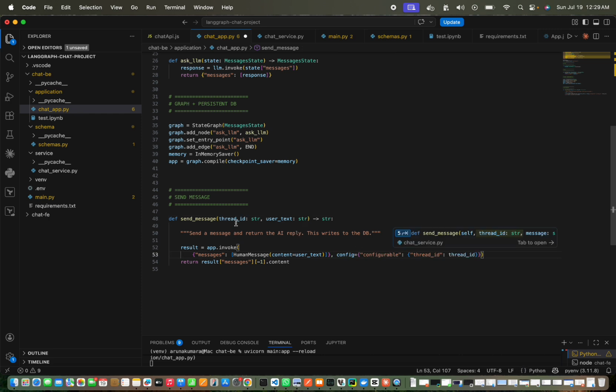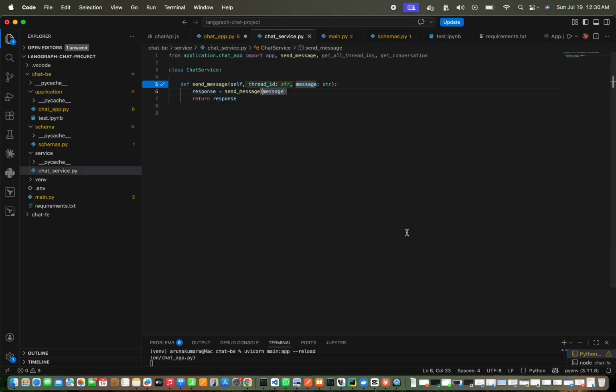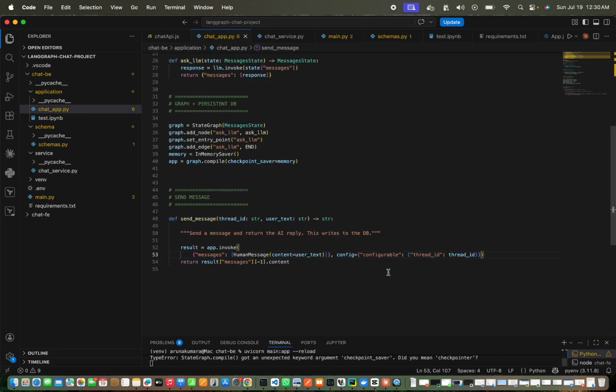This thread ID needs to be passed from the UI, and we also need to introduce the configuration, so we'll add the thread ID in the service. Here you can see we have added the configuration with the thread ID. Then once we execute this application, it will